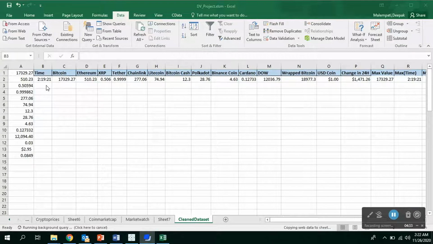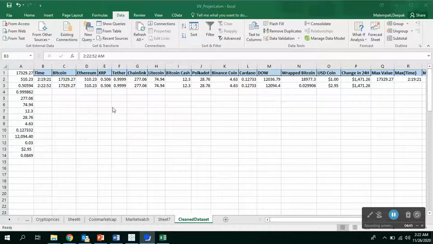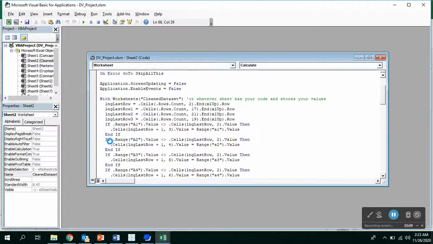This is because we have written a program in VBA script. As you have all seen, this gets appended to the first row, and the time is 2:22. It will get refreshed every 1 minute. This is because we have written code in VBA script. To get that VBA script code, we need to press Alt F11. This is the VBA script to append to the last row.